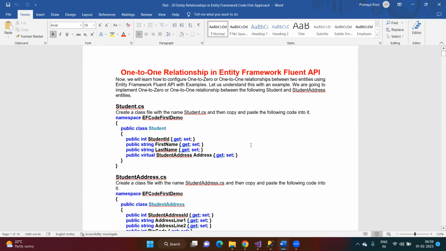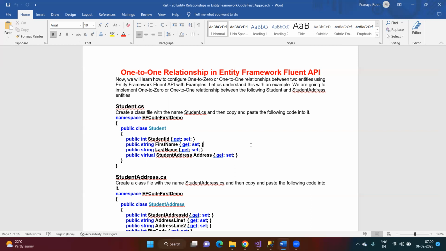So, yesterday we discussed the Fluent API configurations, and we are going to continue that today. Today, we are going to discuss the different types of relationships that we can manage in Entity Framework, right? Basically, one-to-one relationship, or you can say one-to-zero relationship, one-to-many relationships, and many-to-many relationships. We'll discuss the default conventions followed by Entity Framework to implement those relationships, as well as how we can implement those relationships using Fluent API in Entity Framework,